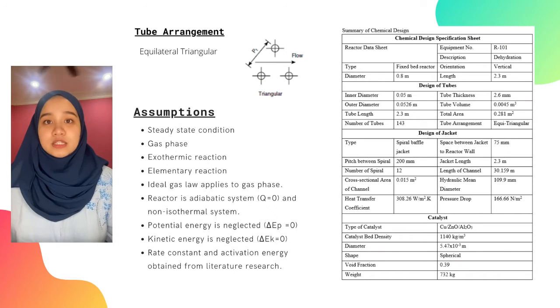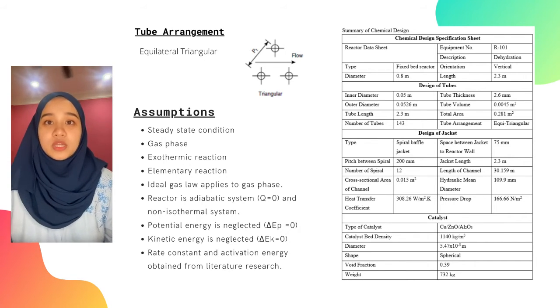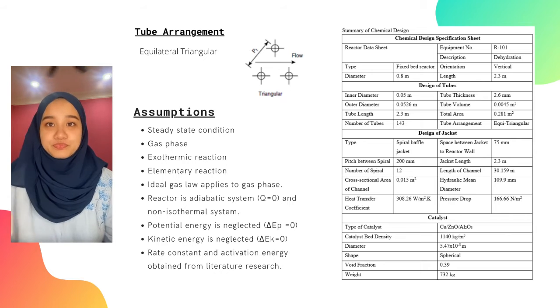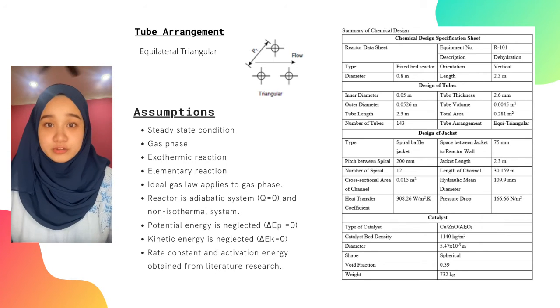Here we can see the summary of chemical design, where for the design tube, we need 143 tubes for the reactor with a thickness of 2.6 millimeter. The tube arrangement is selected as equilateral triangular. Before I proceed,